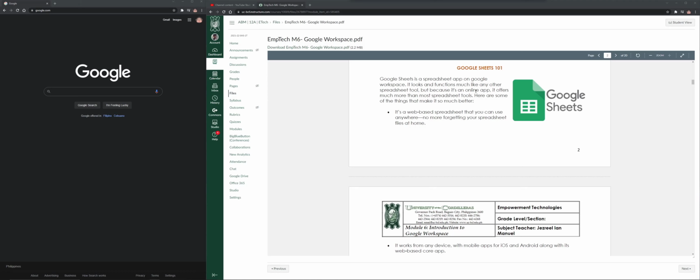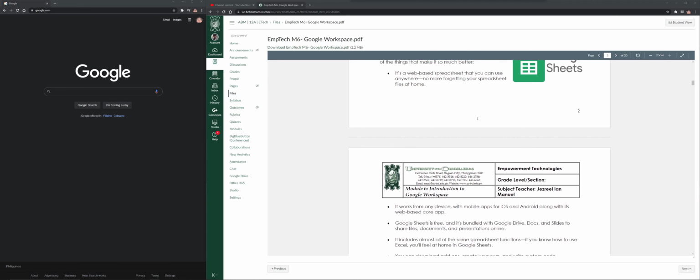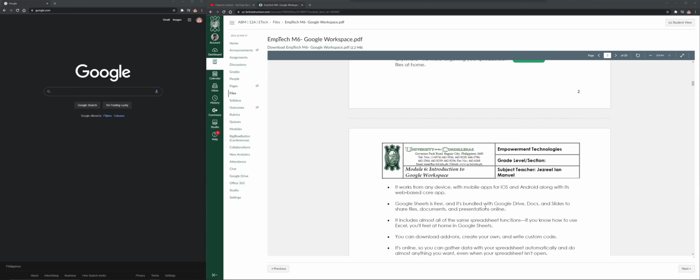Now, because it's an online app, it offers much more than most spreadsheet tools. So here are some of the things that make Google Sheets so much better. Number one, it's a web-based spreadsheet that you can use anywhere. So, if ever na hindi nyo ma-install ang Microsoft Office sa mga laptop nyo, we can now use Google Sheets for as long as you have your internet connection. You can even download the Google Sheet app in your mobile devices such as your iOS and Android, and it's actually free. Google Sheet is also free, and it's bundled with Google Drive, Google Docs, Slides, and